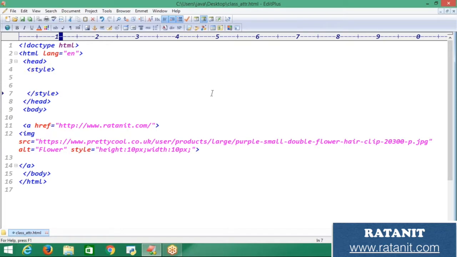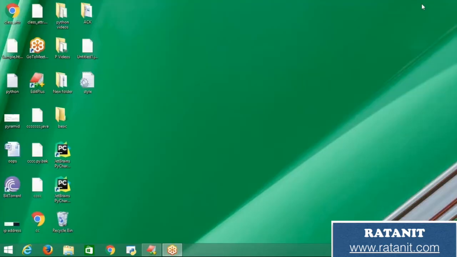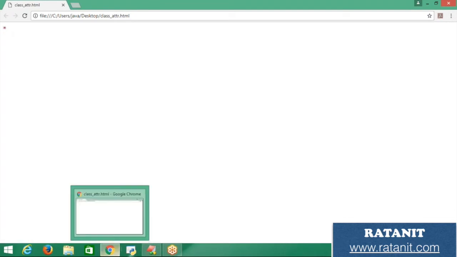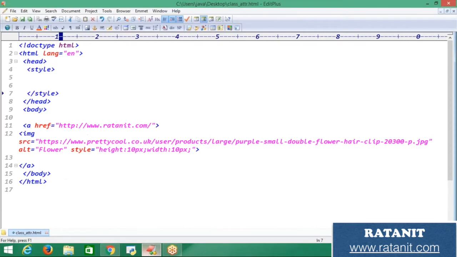Now we are going to run this program and see how it works. Just go to our program, save it and run it. Here is my image. It is 10 pixels, so it is very blurred, right? So I am going to change my code here.